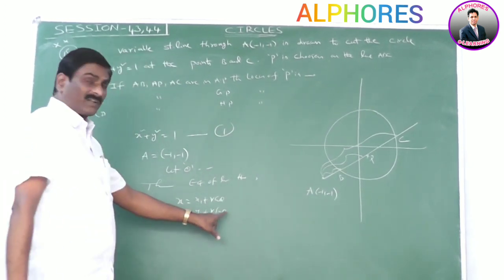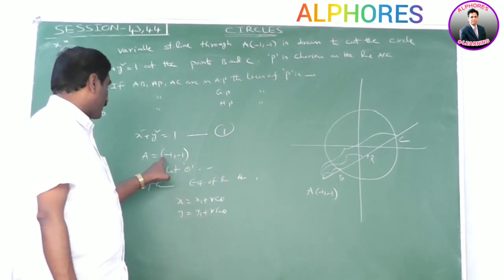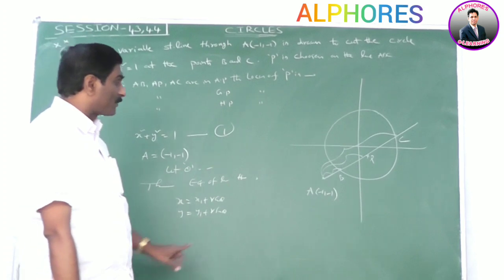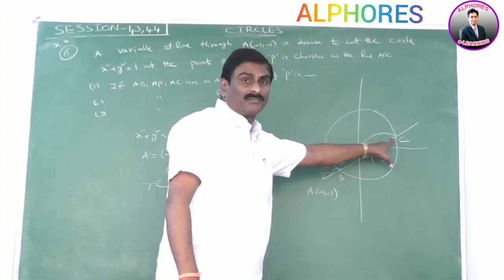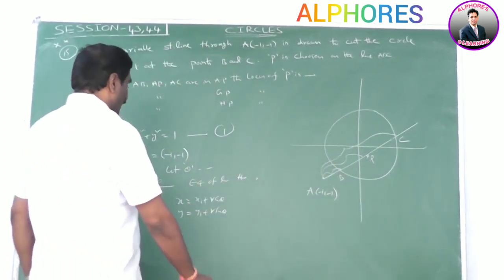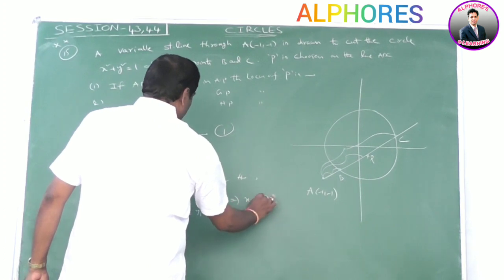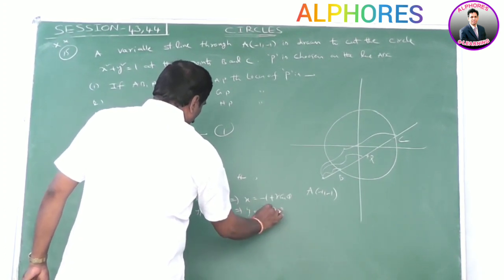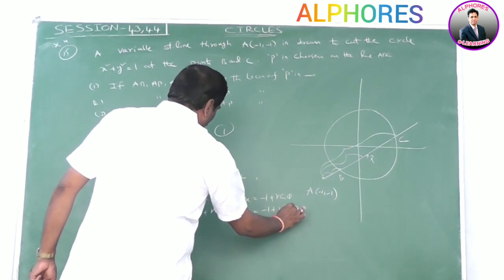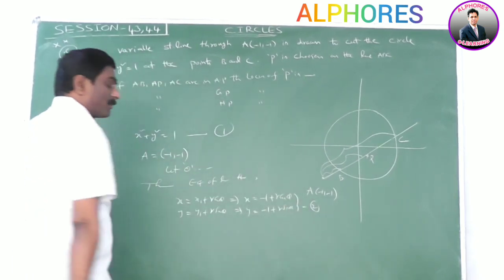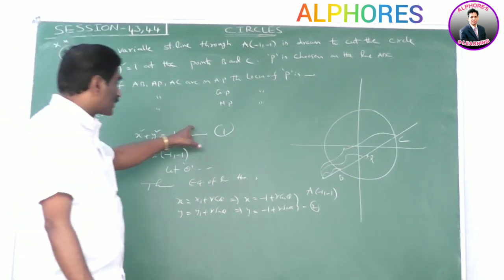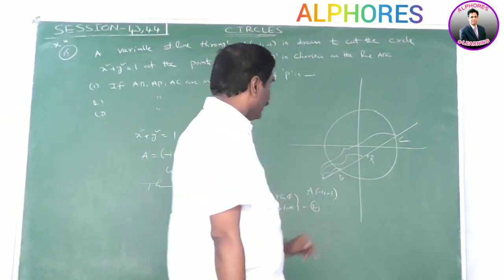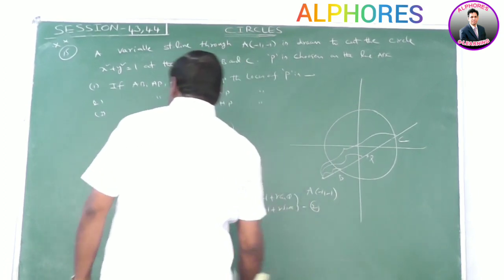Here theta is the angle of inclination, constant. x1, y1 is the fixed point, (-1, -1). r is the parameter, that is the distance from A to any point on this line. Here x is equal to -1 plus r cos theta, y is equal to -1 plus r sin theta. It is the equation of the line in parametric form. By solving 1 and 2, we get the values of B, C.